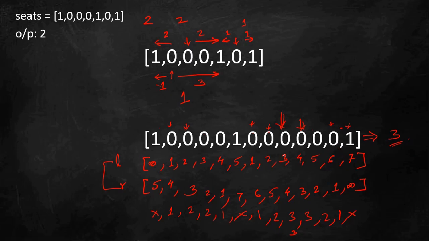Okay. So with this approach our time complexity will be O of n, where I have to go through each element in the array, and since I have to create an array for left and right, the space complexity will also be O of n. And we can optimize this with space complexity as O of 1 instead of O of n, where we can avoid this left and right array. We will look into that approach as well. But first let us look into the code for this particular algorithm.